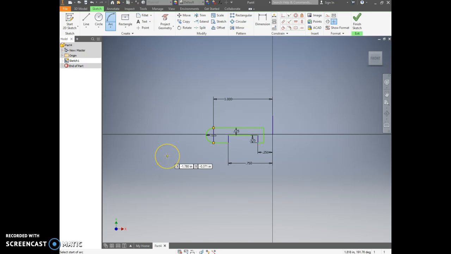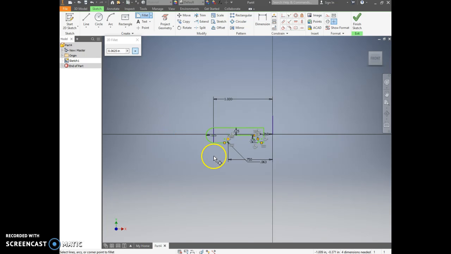Okay. Now I'm going to apply the fillets to round off some of those corners. So I'm going to click fillet. Okay. The fillets they said they're using are 0.0625, so I'm going to go 0.0625. And I'm going to fillet between this line and this line, so I'm just going to click both lines, and it's going to put a nice round right there. I'm also going to fillet between these two lines right there, and I'm also going to fillet this last edge right there. Okay, so all I did was apply fillets of 0.0625 to this edge, this one, and this one to make them smooth. Okay, now that I've done that, I'm going to go ahead and finish my sketch,